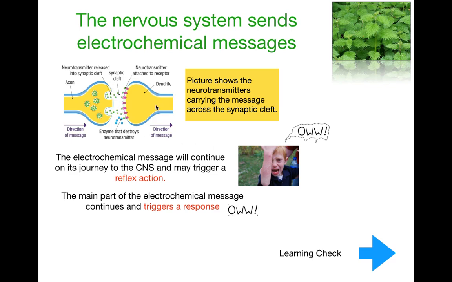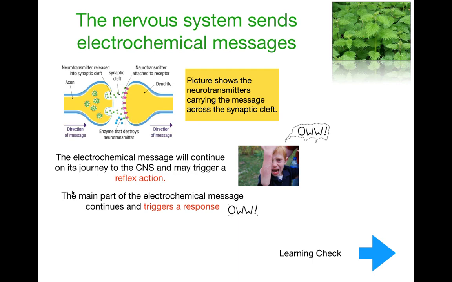Okay, this is like a close-up image here of the end of two neurons. So this would be the terminal dendrites onto the dendrite of the next neuron. We can see here this is the synapse because the two of these neurons are meeting, and this is known as the synaptic cleft because this is the gap between the two. So we can see here that the direction is from left to right, because it goes from terminal dendrites onto the dendrites of the next neuron. And we know that we have a neurotransmitter here, which is being broken down by enzymes once it has passed